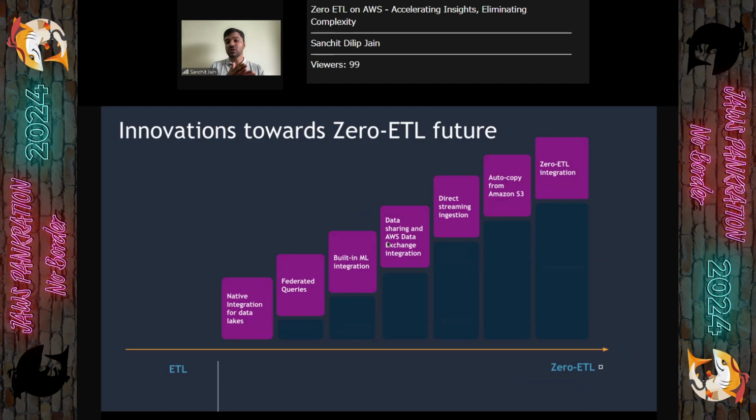Now that's where AWS slowly started getting more towards zero ETL in the last 2.5, 3 years, where now you see there is a direct streaming ingestion, there is an auto copy from S3, and finally we see that there's a zero ETL. Now we all get surprised that, okay, there is a zero ETL, there is a zero ETL, which we start hearing in the last 2 years. But let me tell you guys, zero ETL has always been there from day one. I would say from 2017, 2018, when AWS literally launched Glue. That was the vision of how AWS evolved their service with the vision to achieve zero ETL.